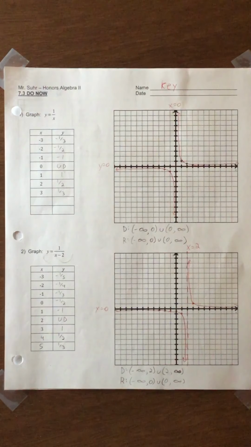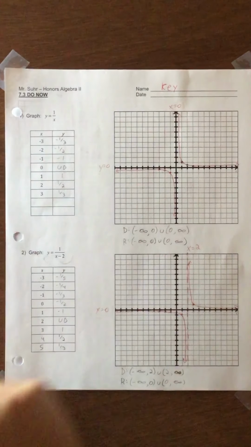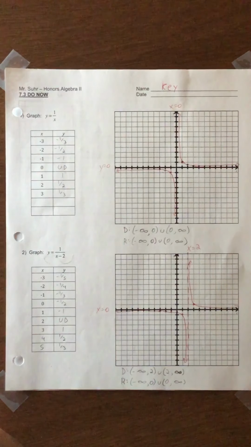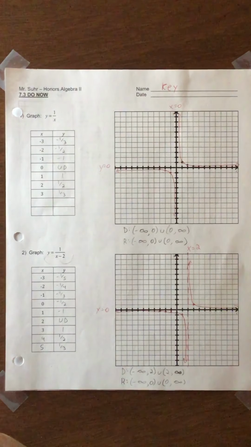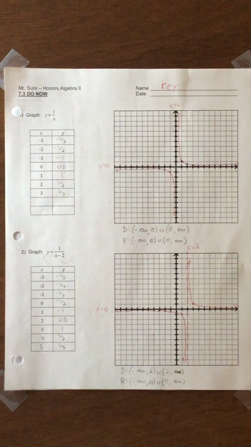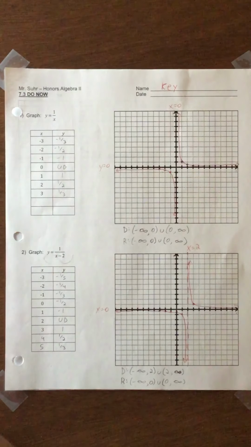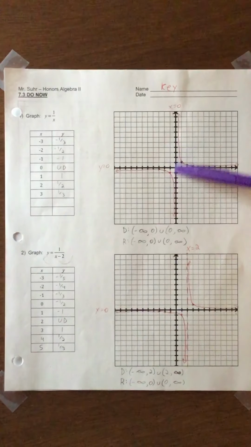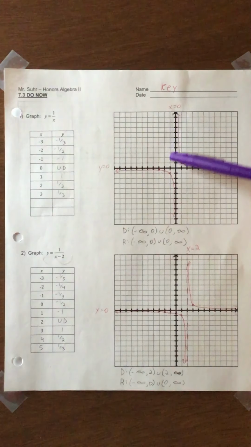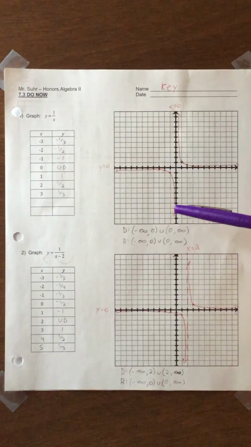So number one's first. If you're looking at this graph, first looking at the table before we get to the graph, just double check your numbers, make sure that they match up with mine, okay? And you notice that at 0, it's undefined, right? That should make sense to us because of this denominator here. We know that we can't plug in 0, so our function's not defined. We're not going to get any values at x equals 0, which creates a